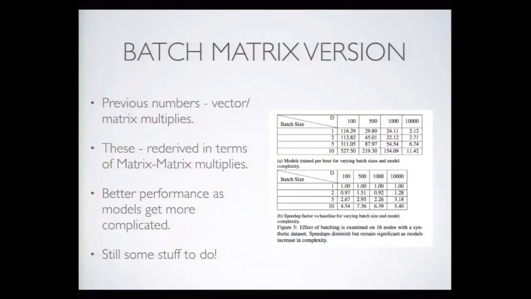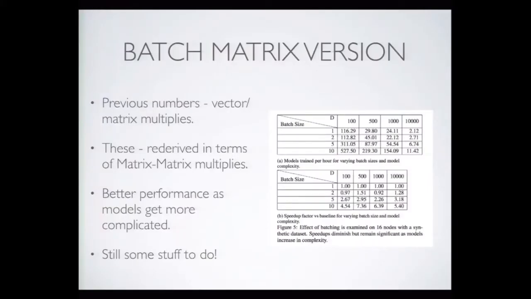It turns out that you can do this in a sort of more clever way with batch matrix updates. So instead of doing our model updates as a series of vector dot products, we can turn this into a matrix multiply and leverage all the crazy hard work that has gone into BLAS over the last 30 years and get cache aligned, nice, really fast, sort of dense multiplies that go faster than the n-cube that you and I would code up natively. And so what we see when we turn on this matrix multiply operation, and you can kind of ignore the numbers at the top here because they were run on a slightly different cluster, but the speedups at the bottom are what's important to focus on.